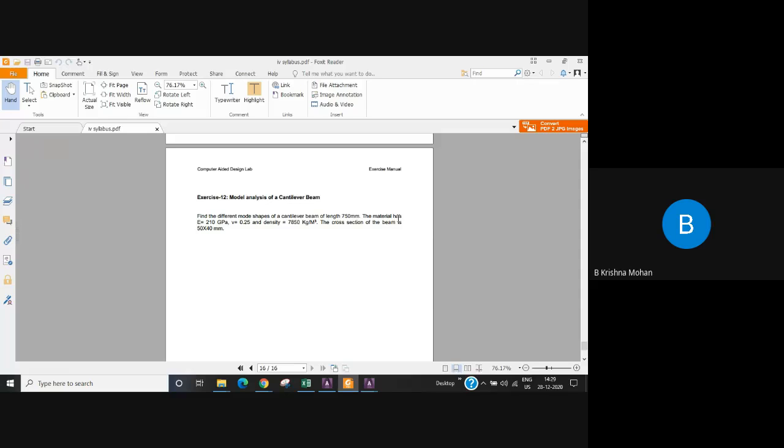Material properties are given. Young's modulus is 210 GPa and Poisson's ratio is 0.25. They also specified the density, in kg per cubic meter. You need density to find the mass moment of inertia. So if you want to perform a modal analysis, you definitely need to define the value of